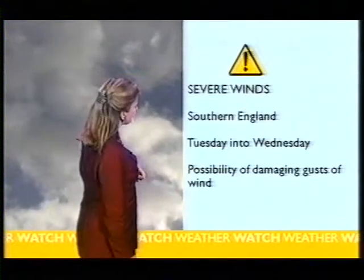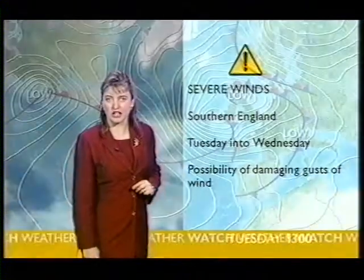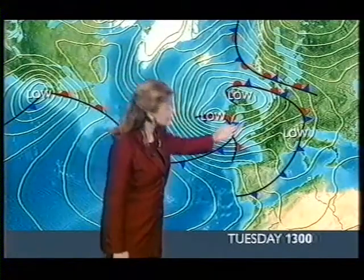Now into Tuesday and Wednesday, we're going to be watching the winds, particularly so for southern England, where we could see some damaging gusts of wind, all due to the southern side of this area of low pressure. So we will see low pressure with us right the way through to the middle part of the week, some heavy rain in the north and